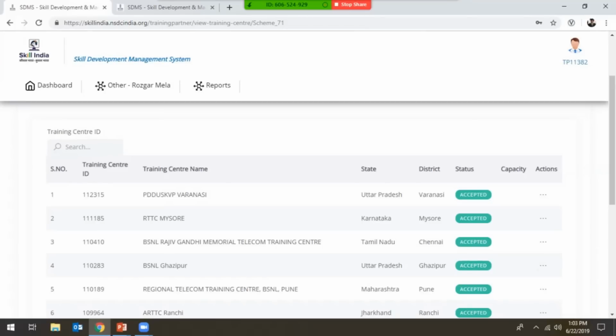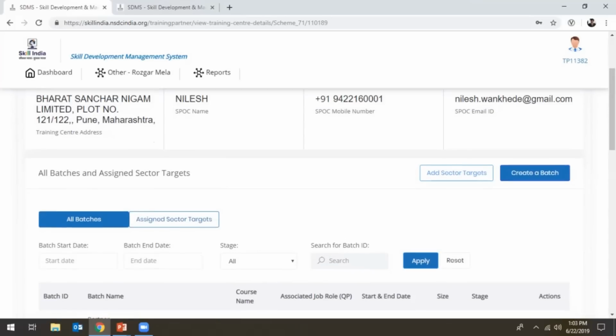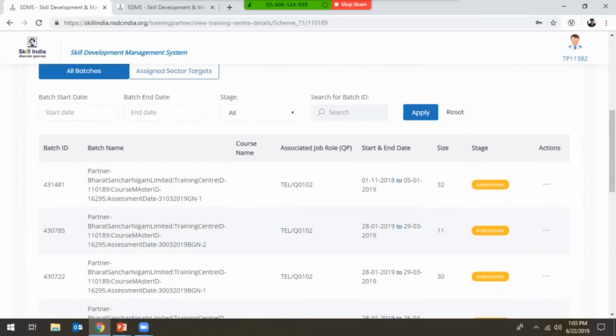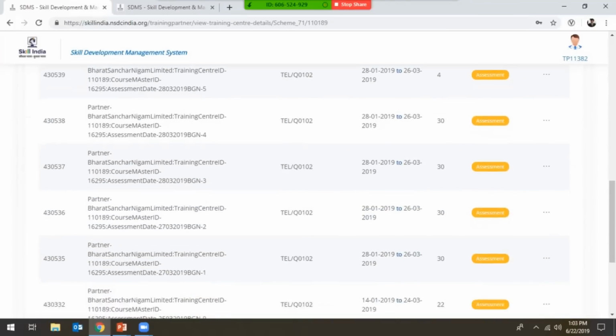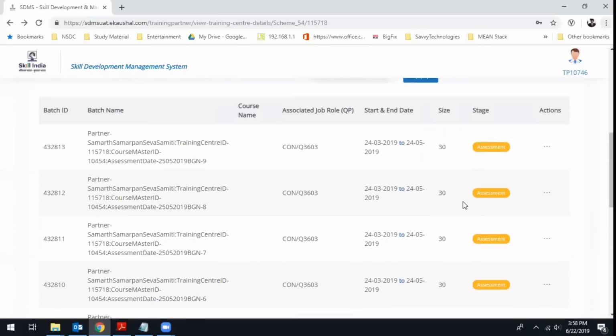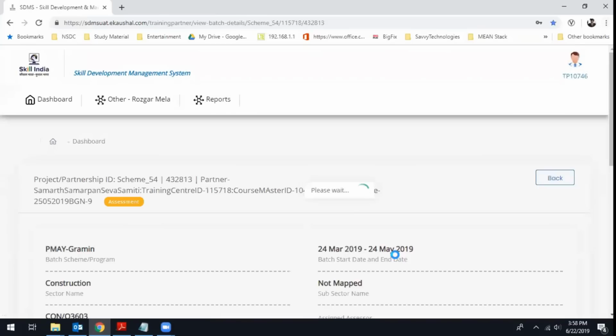Now just go to one of the training centers and click view details. You will see the details of the training center and an option to create batch. All your migrated batches from SDMS 1 would be listed here. So now you can see all the batches which are in assessment ready stage. For these migrated batches, you need to open the batch through view batch details,